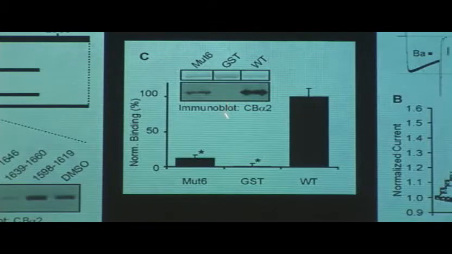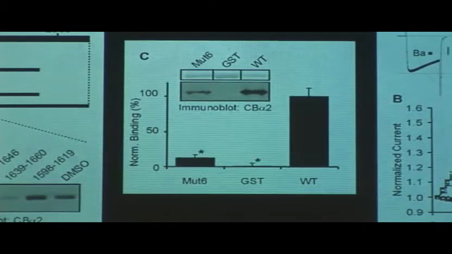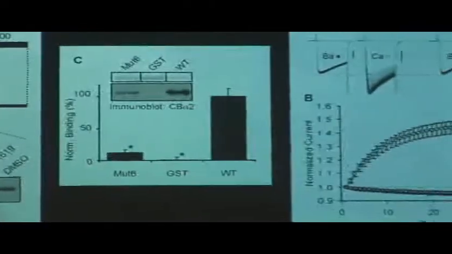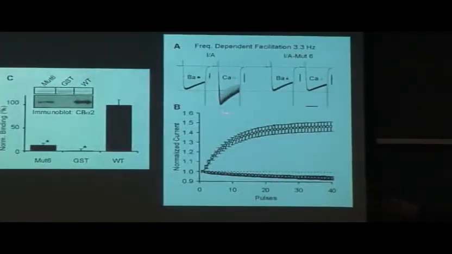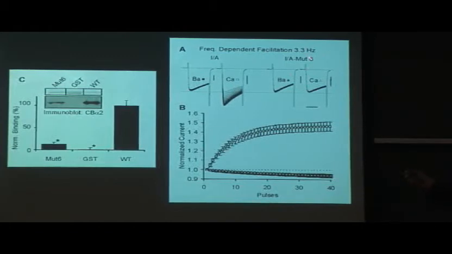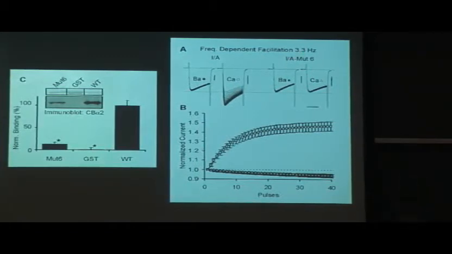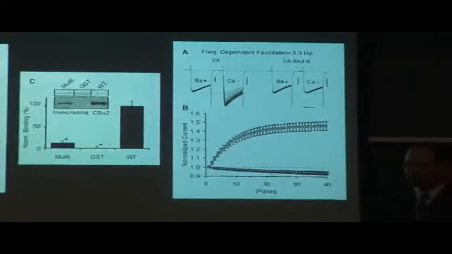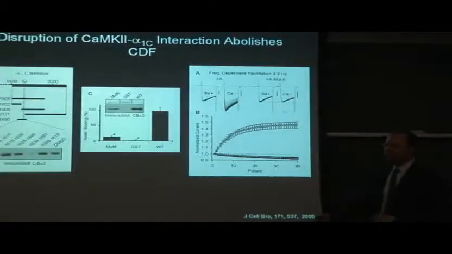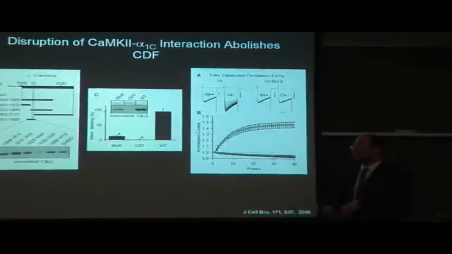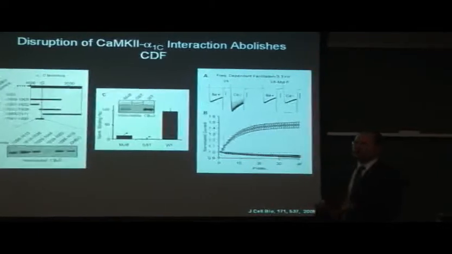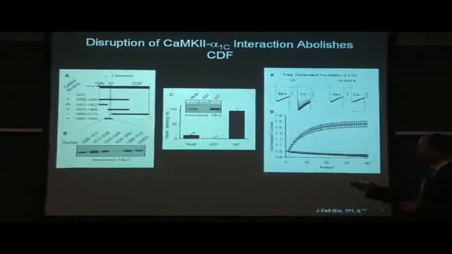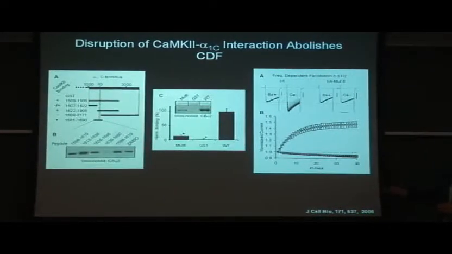When we take that same mutation and make it now in the intact channel and record the resulting currents, you can see the prominent facilitation that I showed you before, and now the same channel bearing that 6 amino acid mutation that blocks interaction, you see that calcium-dependent facilitation is completely lost. So you recapitulated the effect in an intact channel, without detergent solubilization. Right. These are functional reporting, and so there are no longer any detergent issues at all. So this is essentially correlating the biochemical effect with the functional.